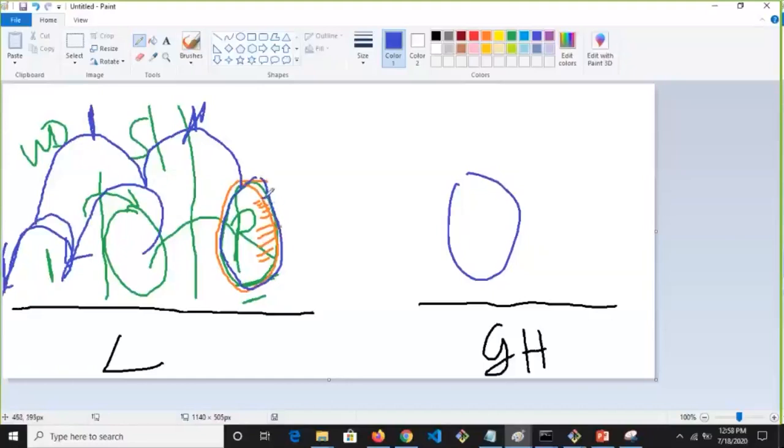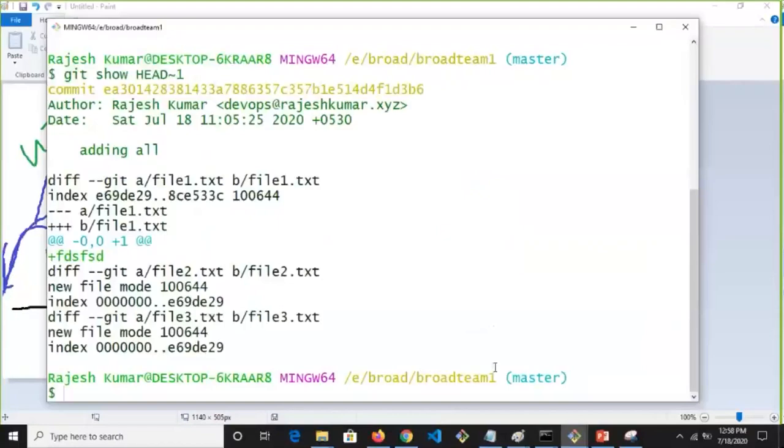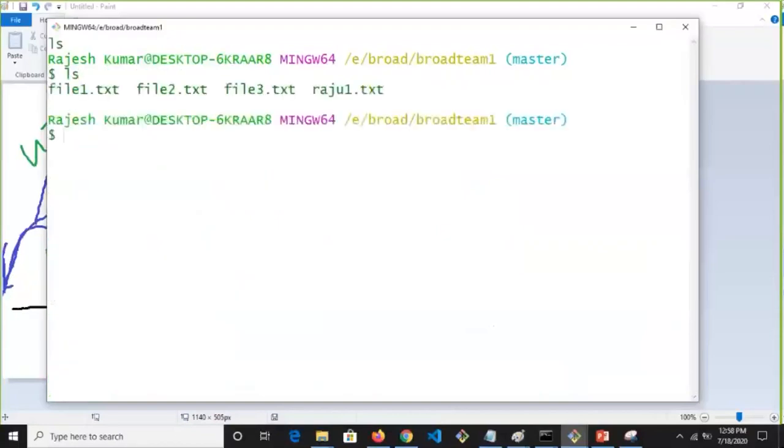If your code is at this one, you can go back to this one and push to this one. Okay, that is called the revert process, not undo. So this is something you can do. So let me quickly show you conceptually. So here right now, if I do status,